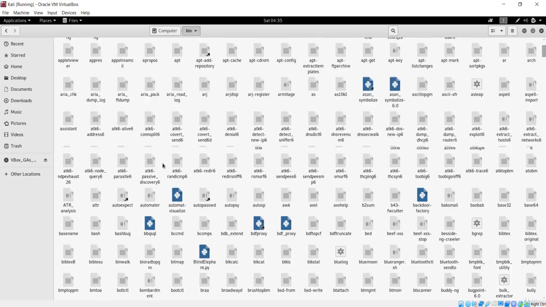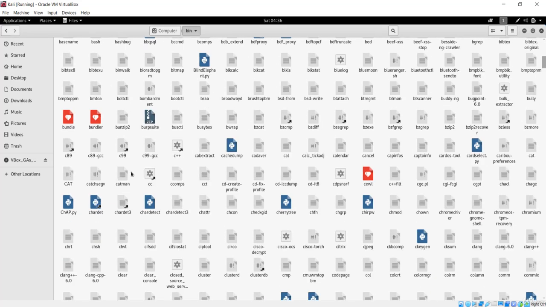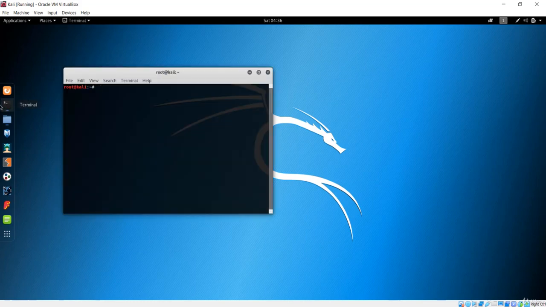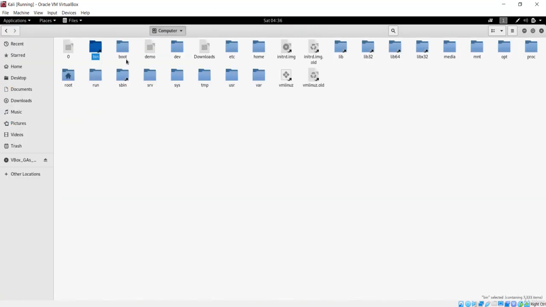You can see right here we have, let me say, the clear command. This can be executed in the terminal. So when I go to the terminal, let me write some gibberish first, and if you want to clear this terminal, you can simply type the clear command and press enter. It is going to be cleared. So this binary folder of the root directory contains all of the commands that are to be executed on this Linux machine.